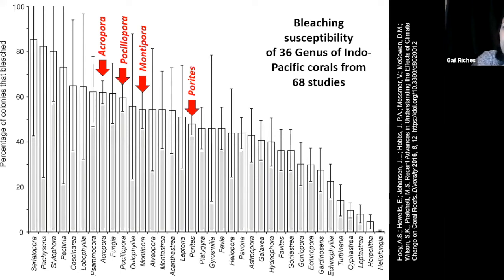This here is a graph of the bleaching susceptibility of 36 genera of Indo-Pacific corals from approximately 68 studies from Kenya to Panama. And I just wanted to put this in here because it shows you that on the left-hand side, the y-axis is the percentage of colonies that bleached. So Acropora bleaches quite quickly, as opposed to Porites. They're a little bit more resilient to bleaching. So that was